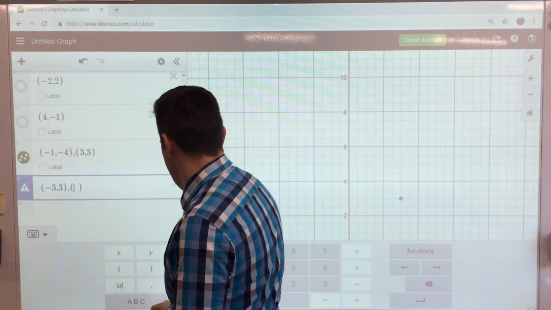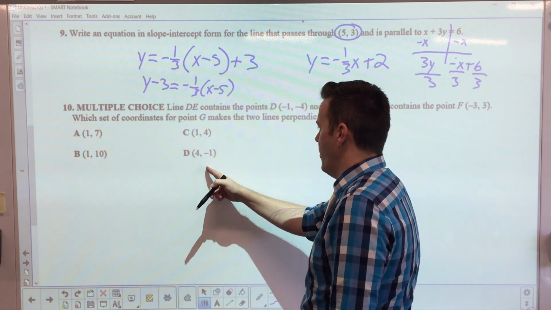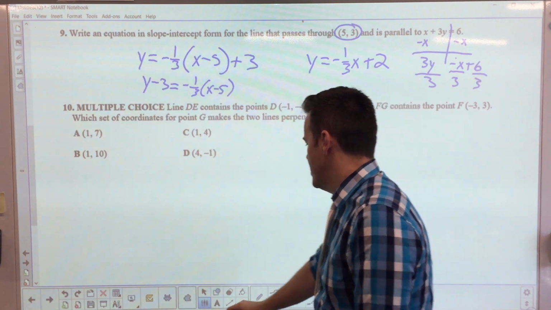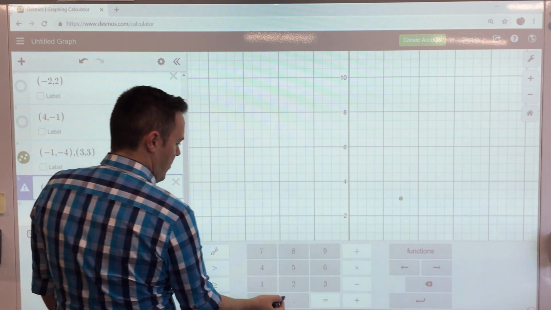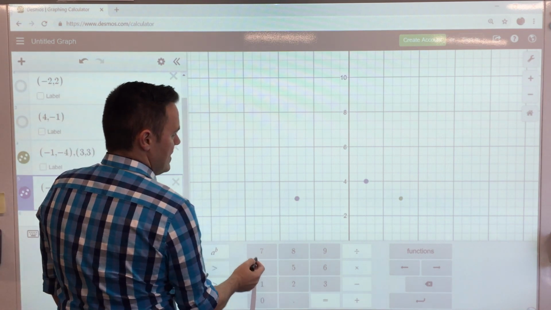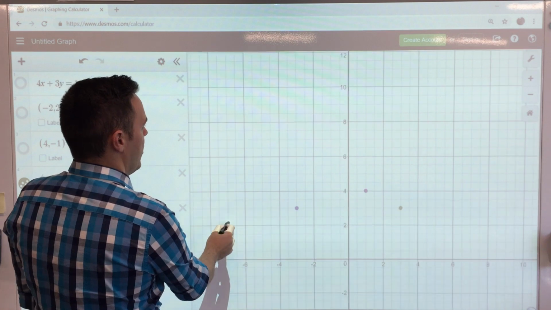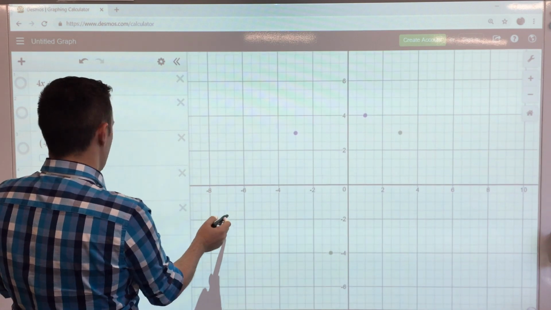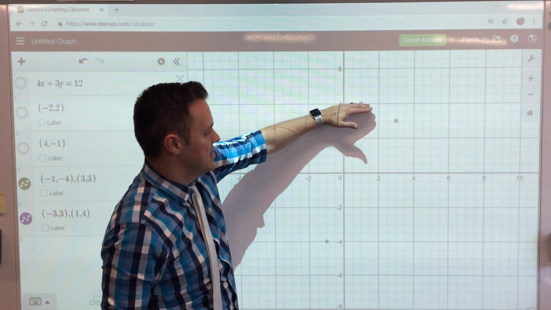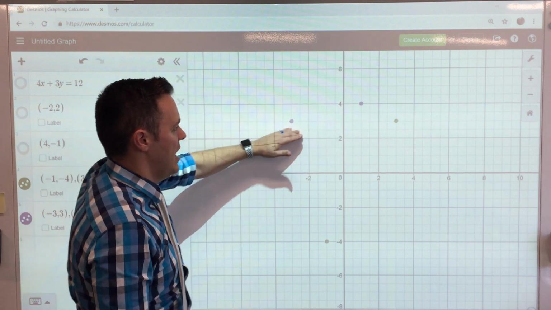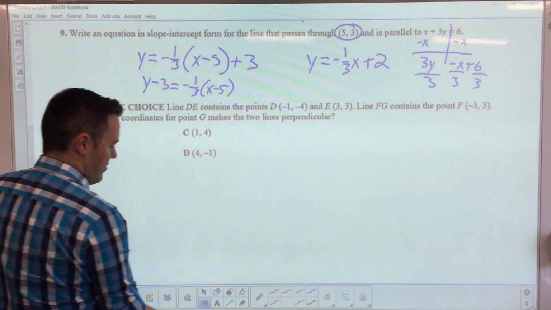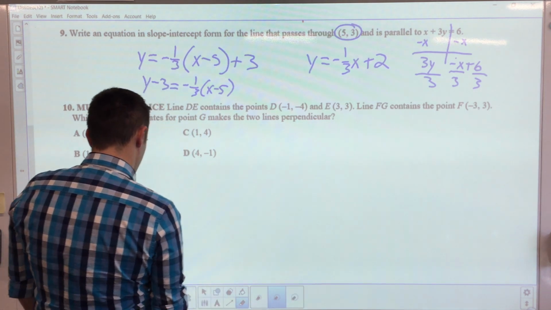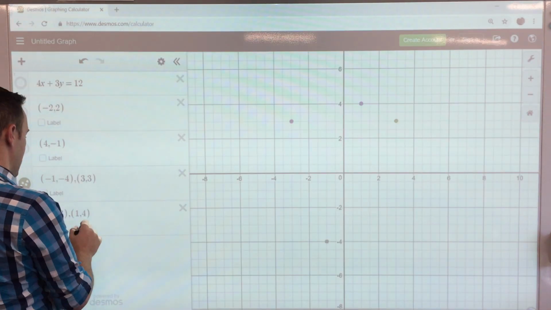Lastly, let's try letter C. Letter C is 1, 4, and then I have a 4, negative 1. So if I do 1, 4 on here, 1, comma 4, okay, there are my two points right there. So my question to you is, does that look like that's going to create a perpendicular line? No way it doesn't. So last but not least would be 4, negative 1. So let's see if we can figure that one out. If you plot out 4, negative 1,